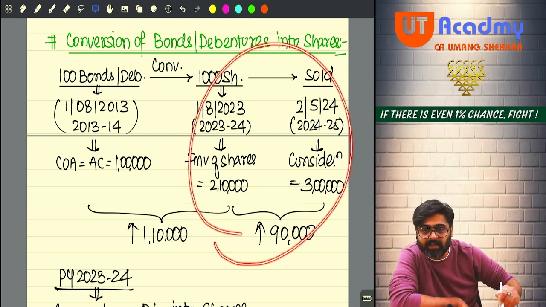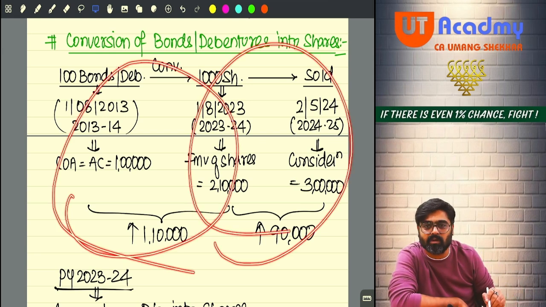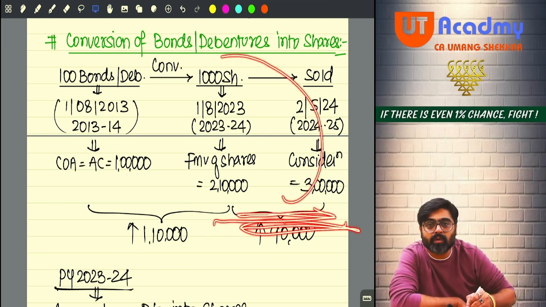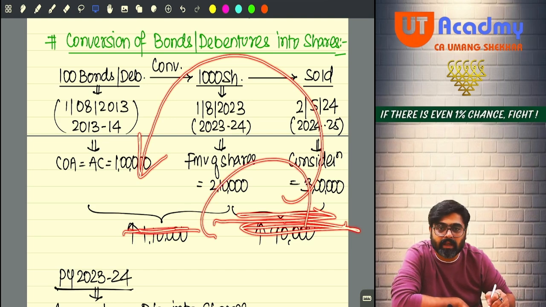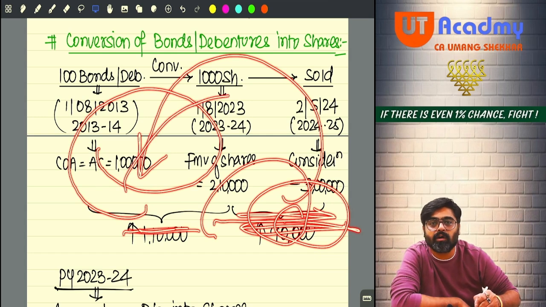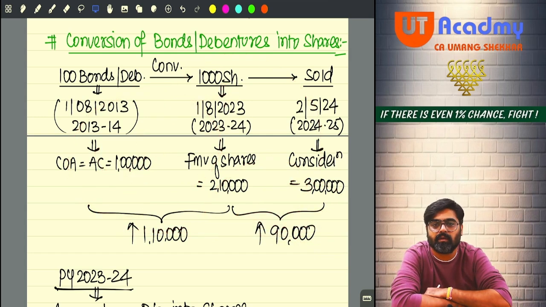But only this period's gain is charged? No, the earlier period's gain is also charged. So why are you taking only this period? In this period, include the period of holding of the bonds also, because this gain is also charged to tax along with it, because this cost is taken as the cost of shares. Getting my point, everyone? Logic, no?